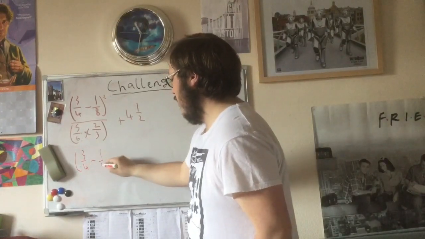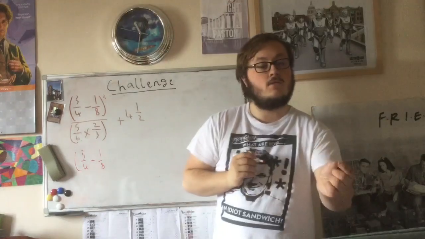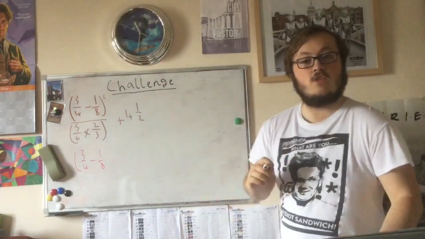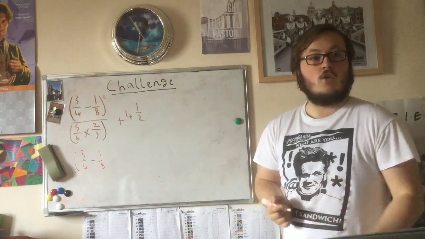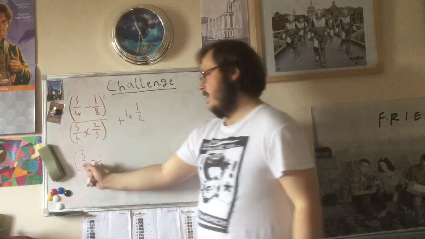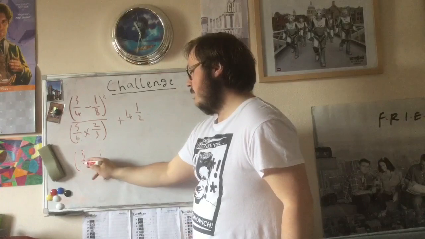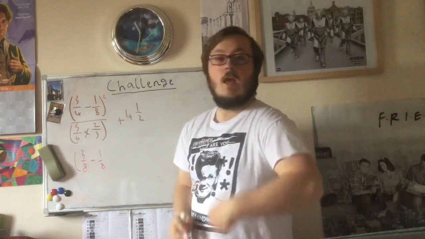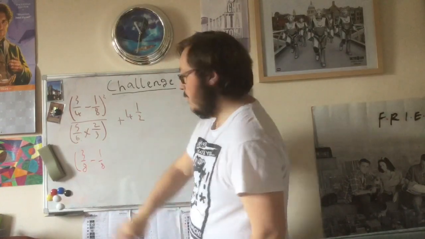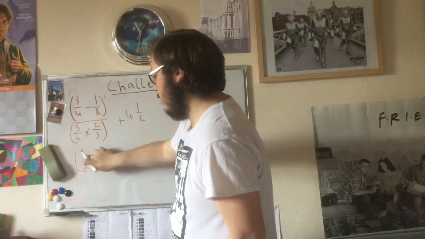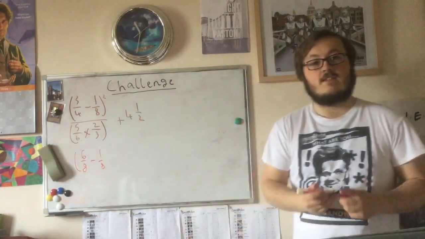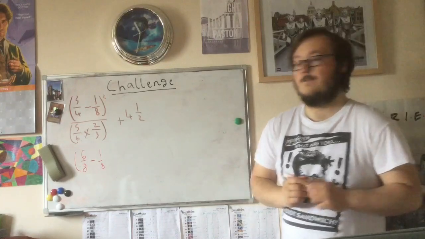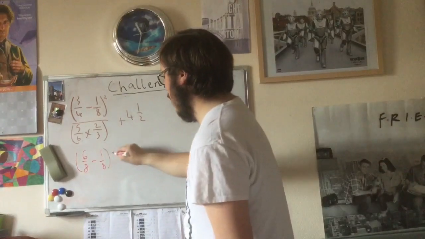3/4 minus 1/8. Now whenever we're subtracting or adding fractions, we have to make sure the denominators, the bottom numbers, are the same. These ones they're not, so we're going to have to change them. So we need to change that 4 into an 8 by multiplying it by 2. And because we're multiplying the 4 by 2, we're going to multiply our numerator, the top number, by 2, turning that into a 6. So this now becomes 6/8 minus 1/8, which gets us a grand total of